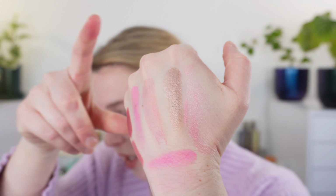This is a great way and a great time to purchase items that maybe you want to try out colors that you don't think you're going to wear very often, or you just want to test out some different colors. Maybe you're checking your seasons or something like that. But they've got some really great formulas. So in general, I like their eyeshadows. Again, I have this one here, which is